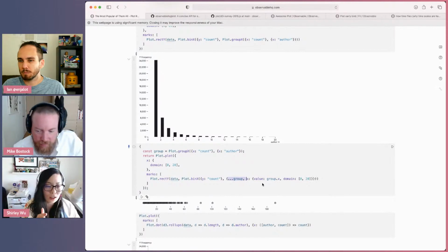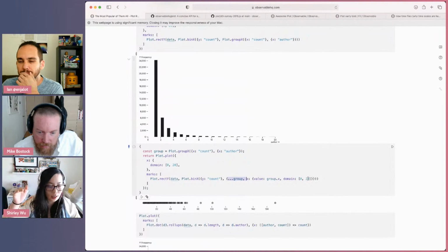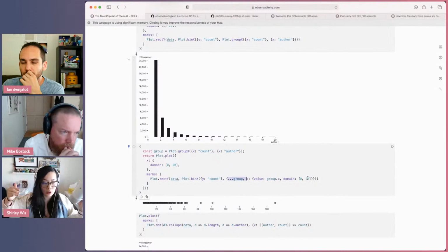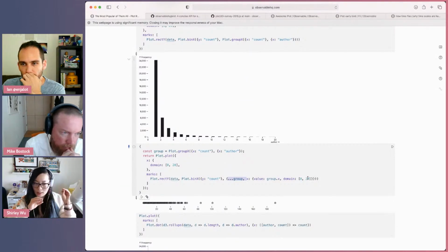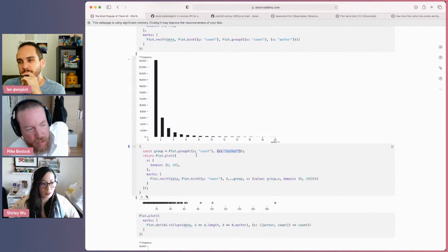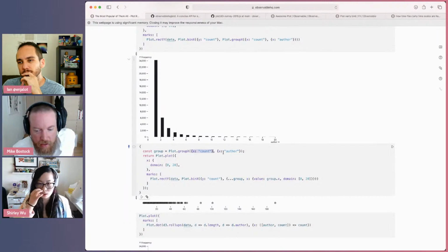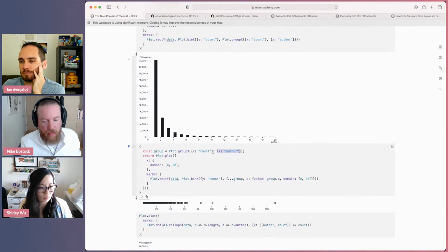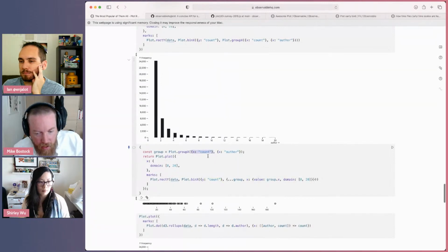I also just realized another one of my confusions was in your first line, you say group X and then you're saying that you want as input the author. So you're saying X author. And then as your output, you're almost overriding that with X count. The X and X part was what confused me. Well, this is also like the inputs and the outputs. So these are your inputs: you have this data set and one of the dimensions of that data set is this ordinal dimension called author. And what we're doing is converting that into a quantitative dimension,